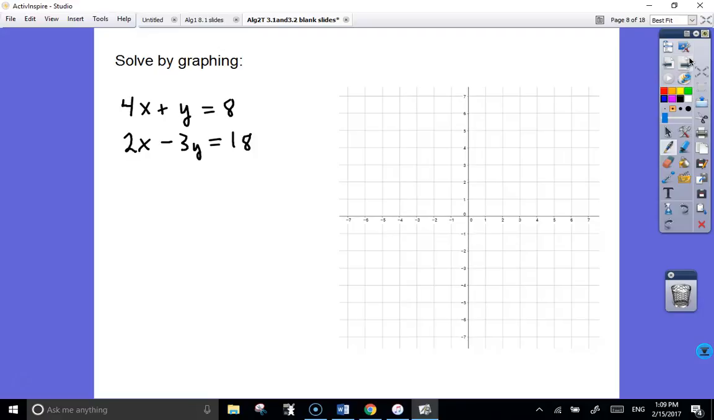-6, right? So 18 divided by -3. So you plot those 2 points, done. So you don't have to really take that step of putting it in slope-intercept form. But if you do,